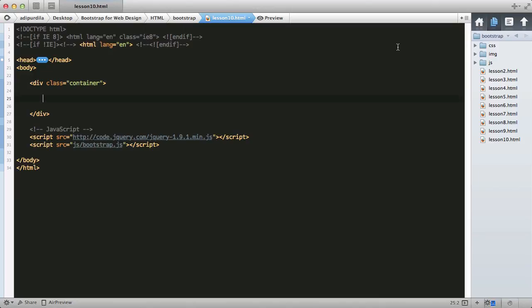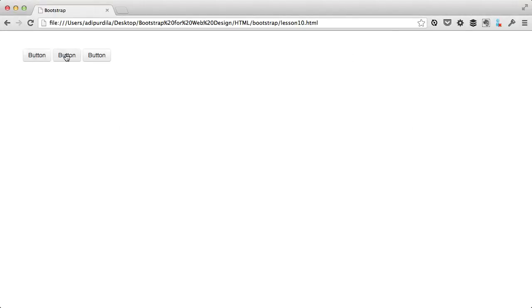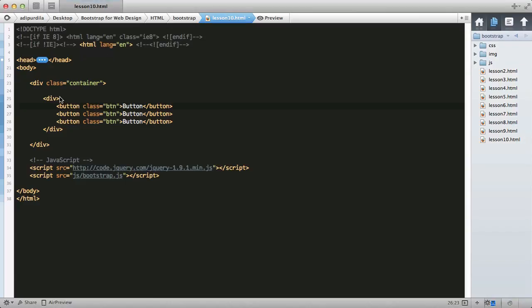Button groups are very useful in applications or admin panels. You can create a group by wrapping a series of links or buttons with the class of btn in a container with the class of btn-group. So, say we have a div which contains 3 buttons with a class of btn. Let's do some default text and see how it looks. So 3 buttons. Wrap these in a div with a class of btn-group,